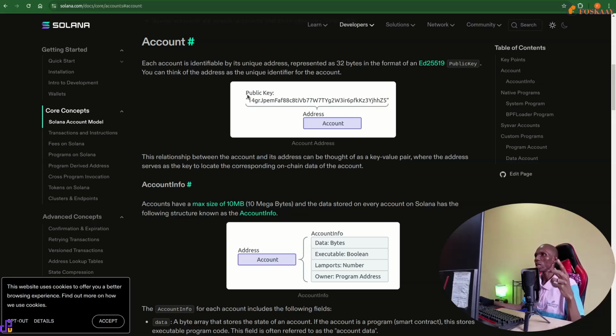It is like an identification to know that you're discussing or want to interact with this particular Solana program or Solana wallet. That is why the address is a unique identifier for the Solana account you are interacting with, maybe to send funds, to do a transfer, to mint, and things like that. And it's represented as 32 bytes in the format of